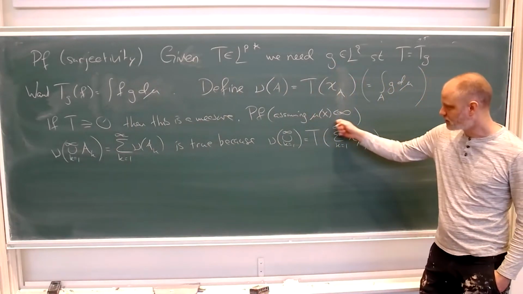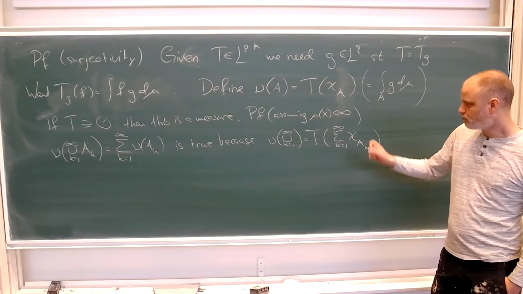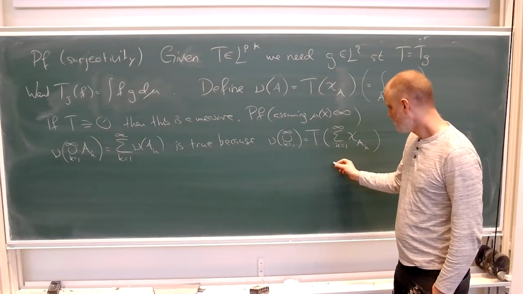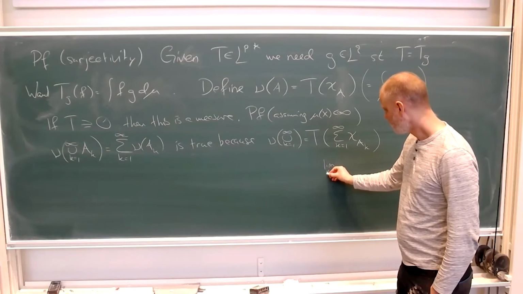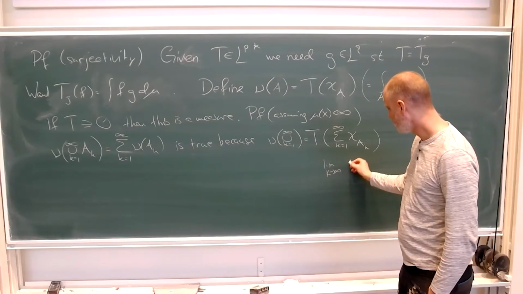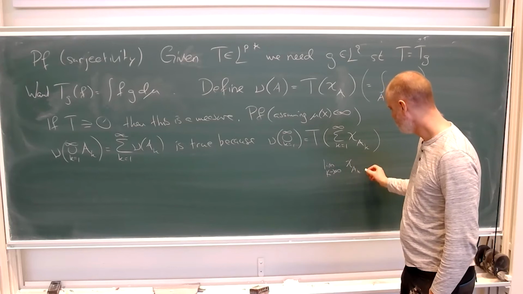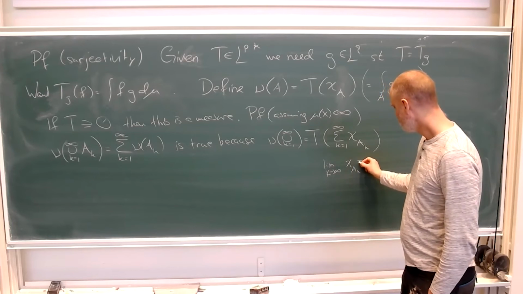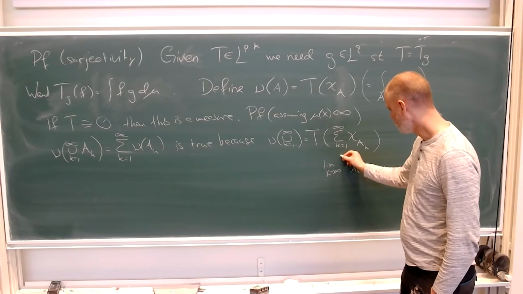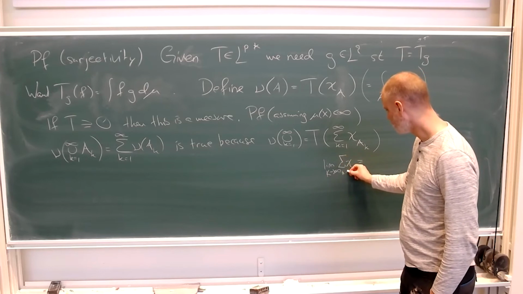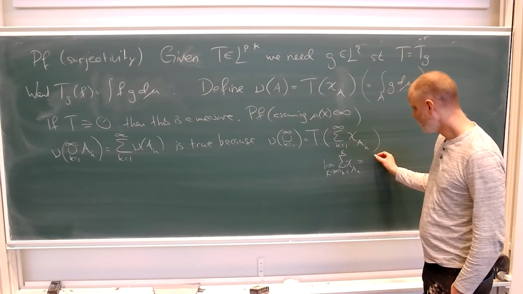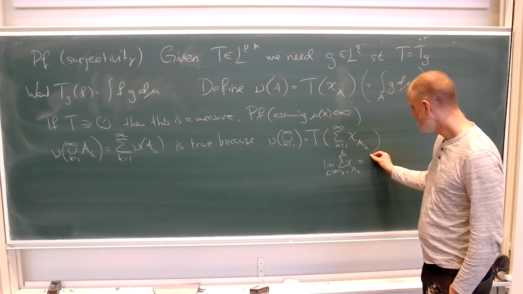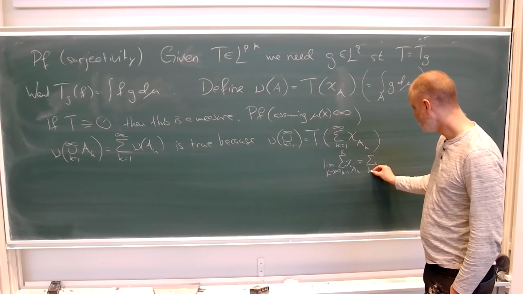It's a bit of an exercise to prove that the limit as big K goes to infinity of the sum, K from 1 to big K, of the characteristic function of AK is equal to the infinite sum,